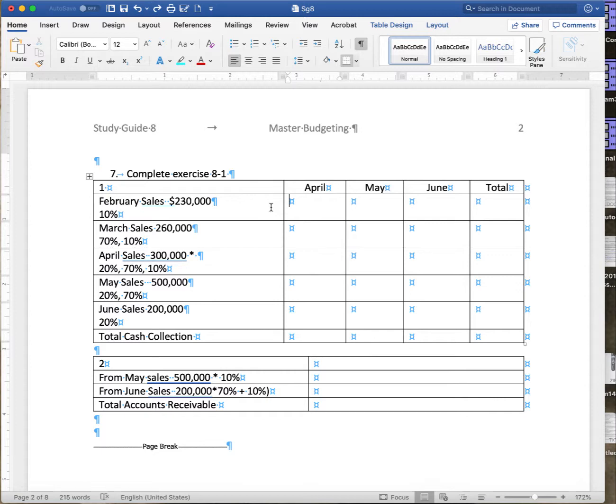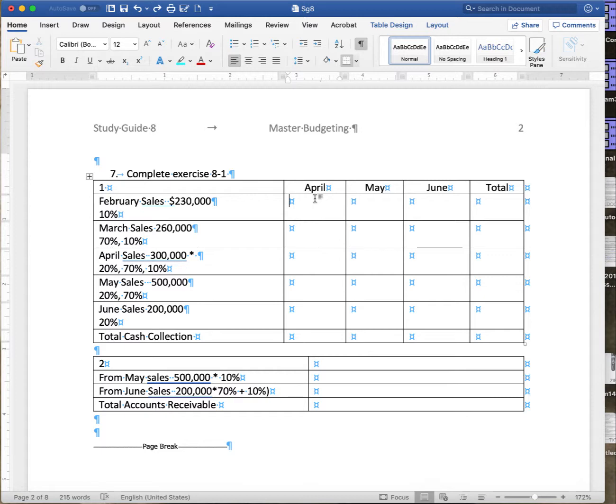They also give us February and March sales, okay? So we have to do this for the second quarter, April, May, and June. So what we need to do is start in April, and we need to look back and say, okay, are there any sales that were made in the first quarter that we still need to collect cash for? So we know that we collect for a sale 2 months after that sale occurred. So we're in April, we need to look backwards and say, okay,